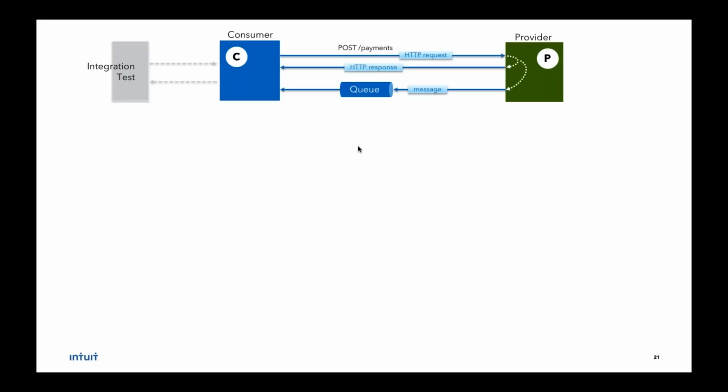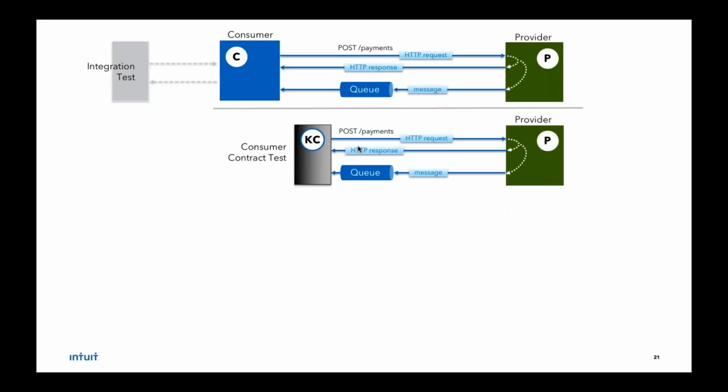And since you are owning this blue box, as a good citizen of microservices, you would be writing tests. The gray test could be karate or any kind of technology that you choose. And this is an integration test, because in order to test the blue box, the consumer, all the other systems in this picture have to be stood up. So the disadvantages are, as you can imagine, getting hold of all the systems, and maybe it's down, you don't own that, and so on.